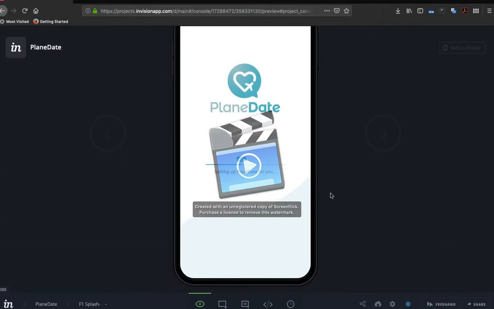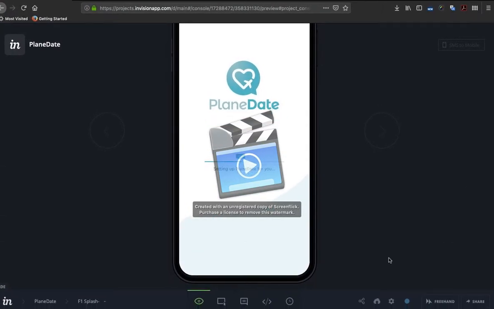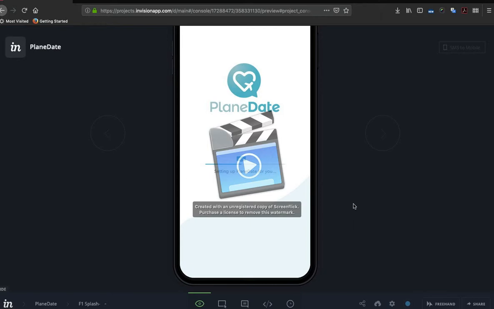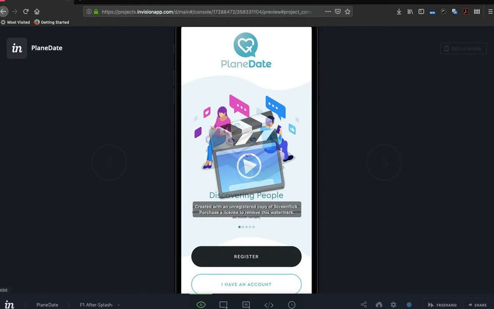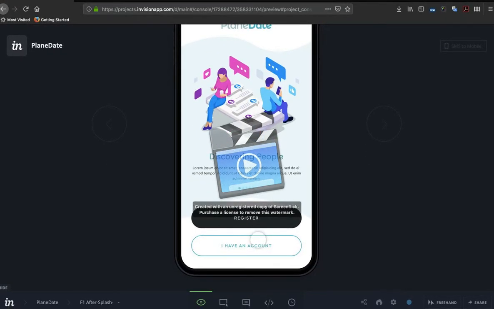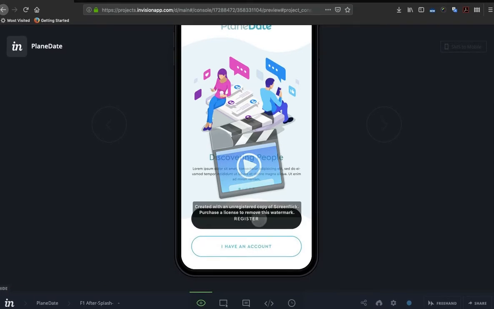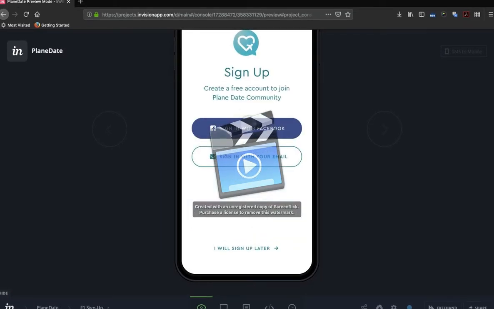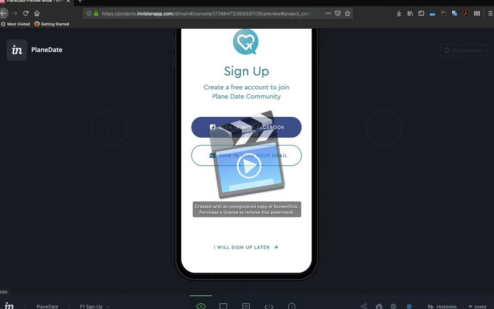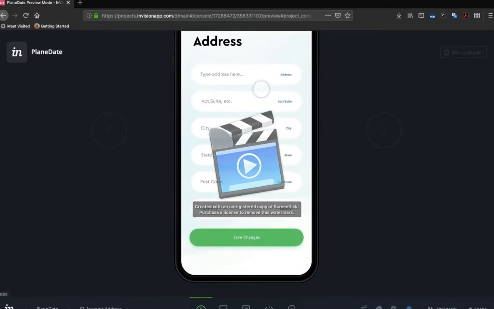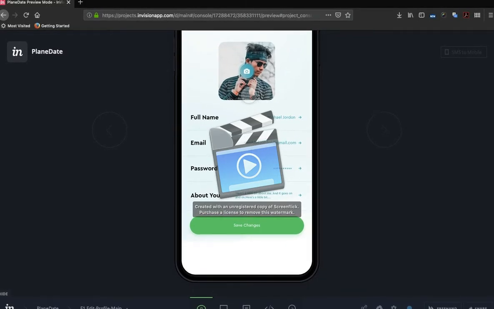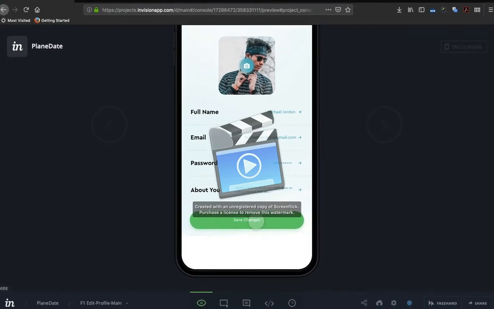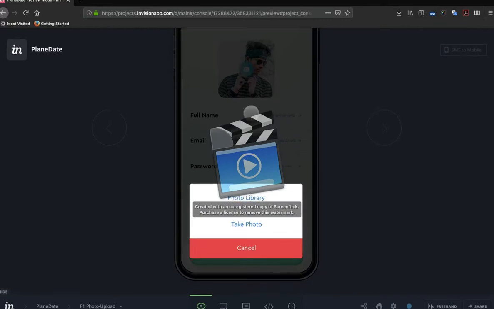This is the splash screen. Programmatically, this will be loading, and then once it loads, it brings you here. I did it in two. I have to register an account. It takes you here, and then you can fill these out, and then that brings you here. Maybe I'm wrong, but we can change that. All this is amazing.